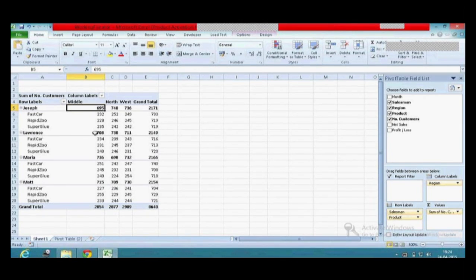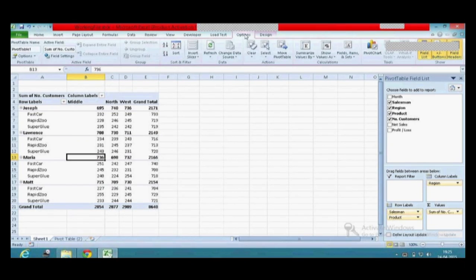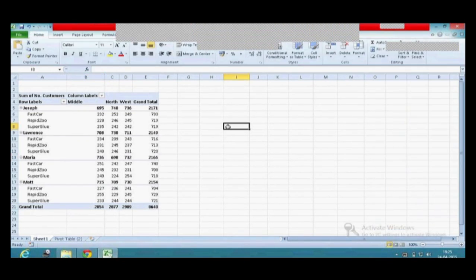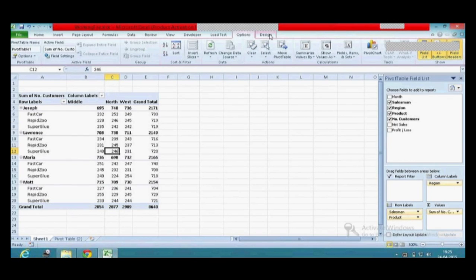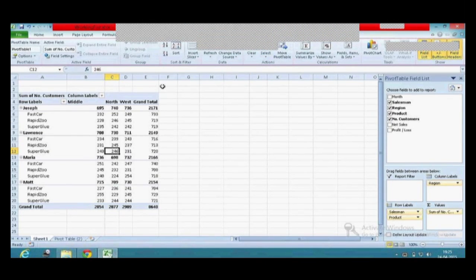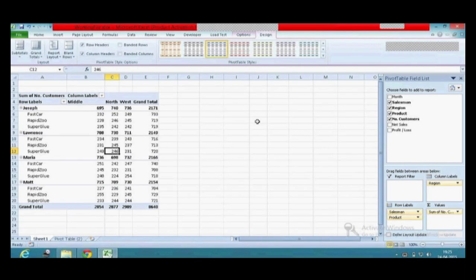As I told you, the moment you generate a pivot table, you will get two tabs on the top. The first one is options. The second one is design. Please go to the design. Once you are in the design, you can see a drop down called grand totals. Here are the options. It says off for all rows and columns.